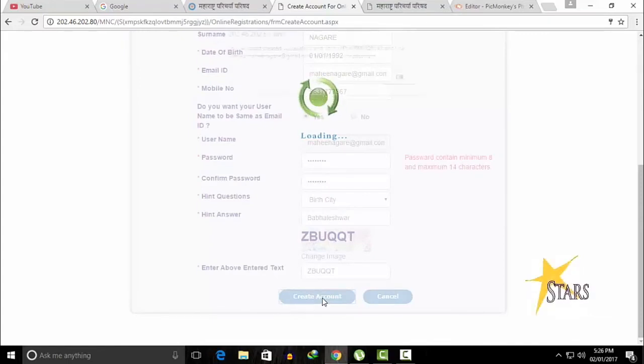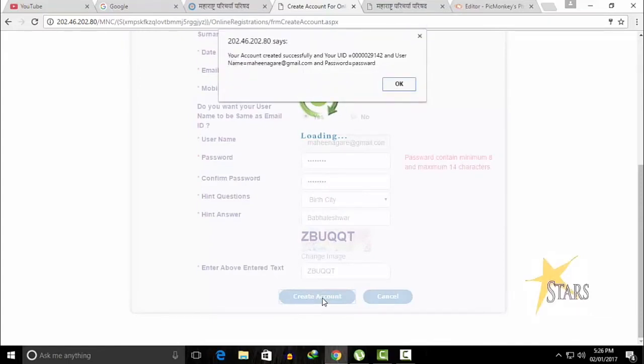Now you have to wait until it flashes your account details, so you can get your user ID, UID over here, the username which you have entered, your email ID and password which you have set. With all these details you can log into your registration section or smart card login section. So you must remember this UID, your email ID and password for the further communication and for the further process.